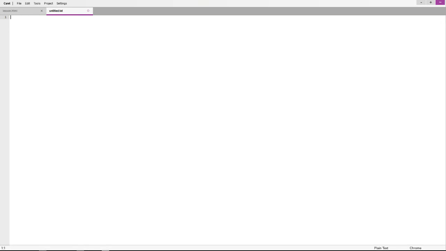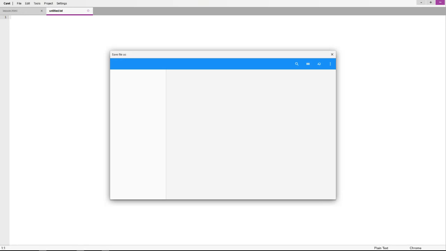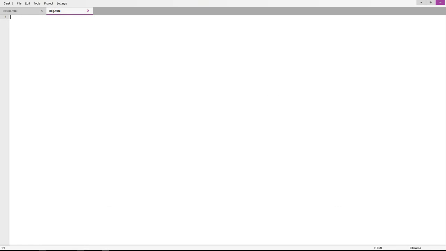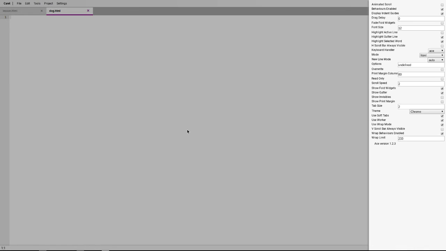So let's get started. The first thing you need to do is save your file as an index file. I mean as an HTML file, but I'm going to call it dog. So right now we have a blank page. Let's put in our first code,